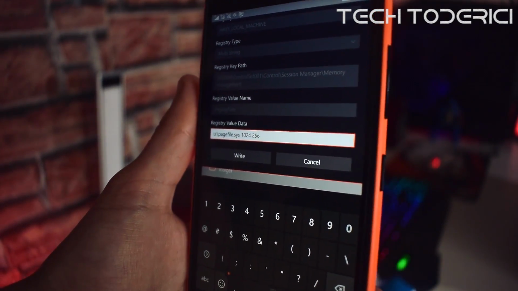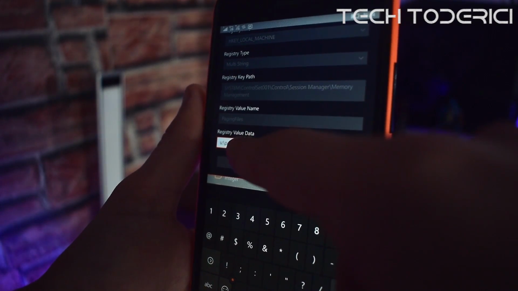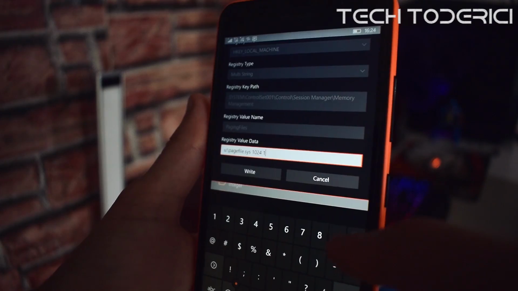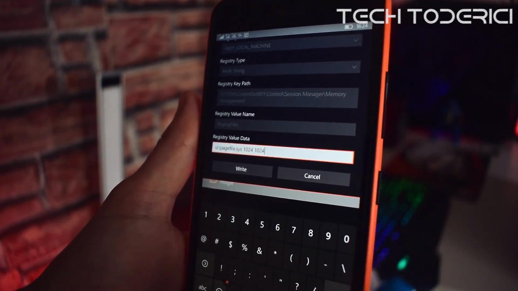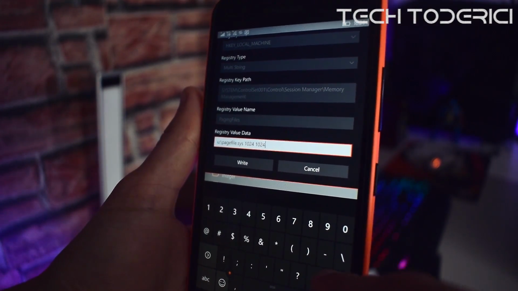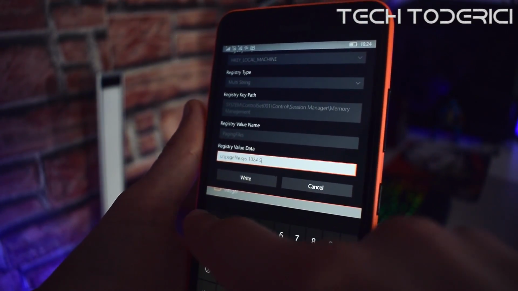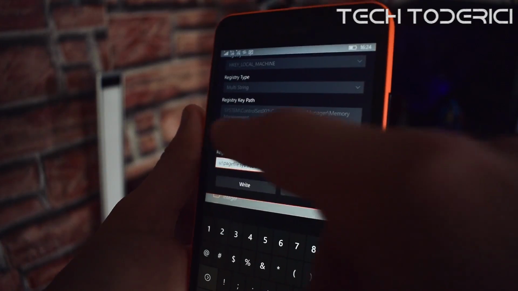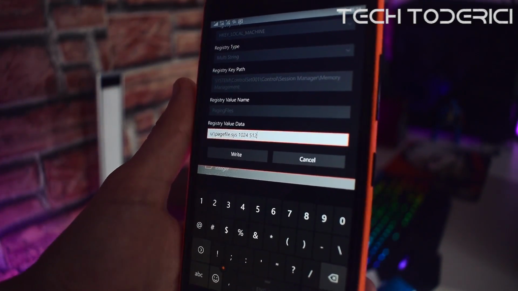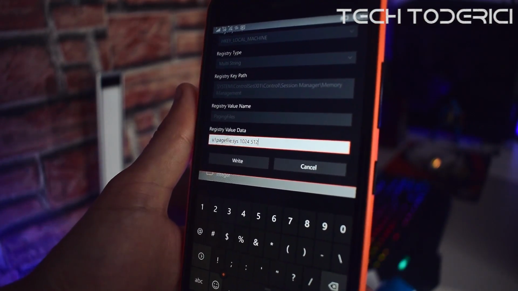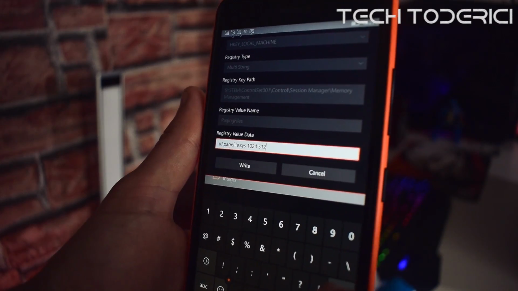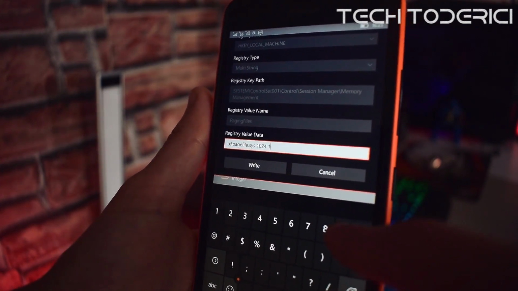1024 is 1 GB. You have to have a space between them, and change this as well to 1024. You can see there's a space between them. Or if you want, you can use 512. Both must be at 512. If you don't want to use 1 GB, you want to use only 512 to not be so risky, then you can use 512, but I'm going to go with 1024